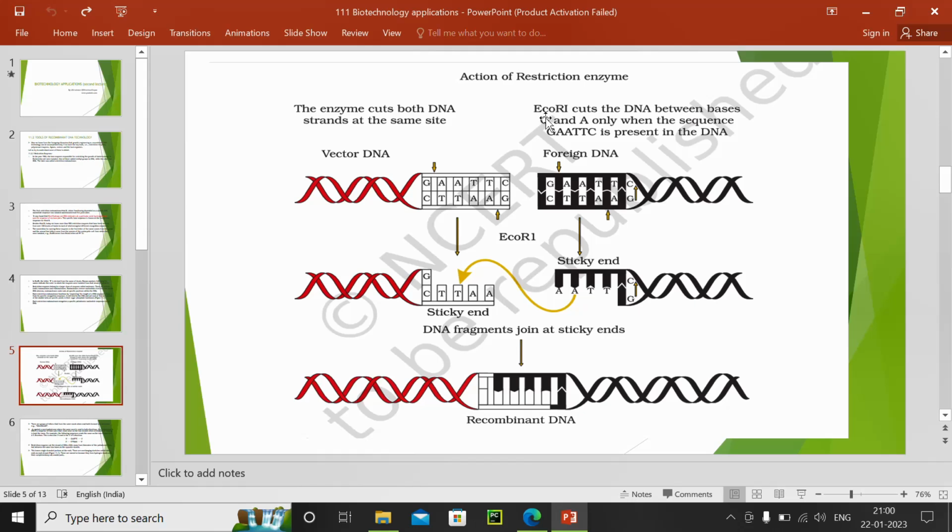EcoR1, what is it? Escherichia coli RY13 cuts the DNA between the bases G and A only when the sequence GAATTC is present inside the DNA molecule. So here, what is happening? The vector DNA also contains the repeating palindromic sequence GAATTC. And why is it called a palindromic sequence? Because it is repeating itself like this: GAATTC,